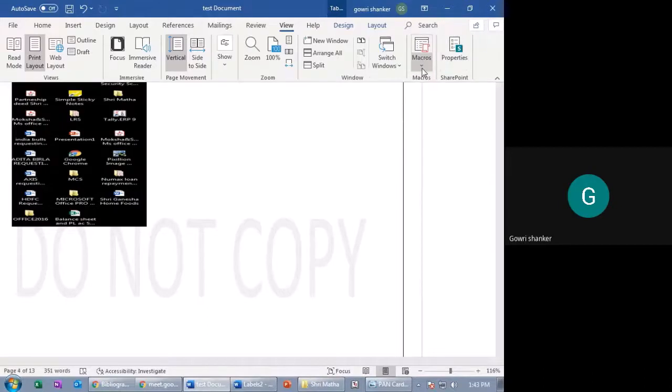By default, by the end of your final year, you should learn macros. And these properties, SharePoint properties, both are advanced versions of Word which you have to learn. I will share some tutorials for that. You have some video channels and all. I will share them with the madams, and they will share with you. So you just go through that. That's enough. This is all about Word document.